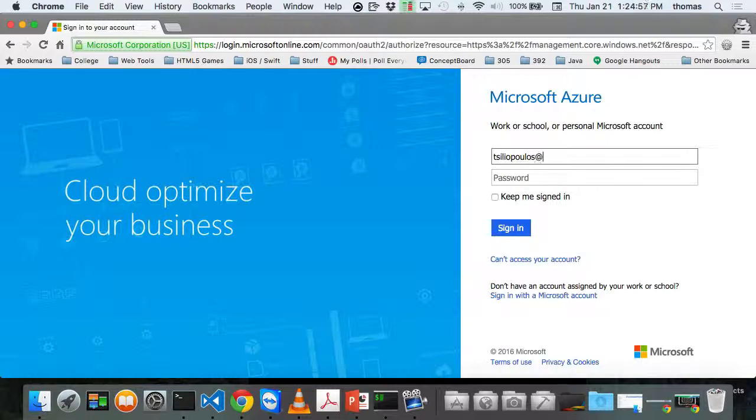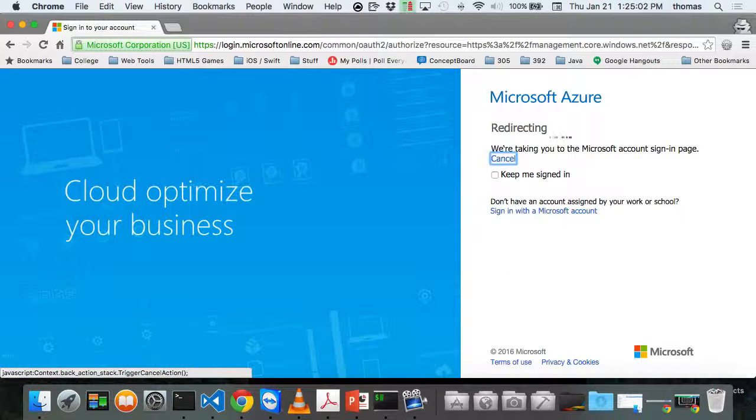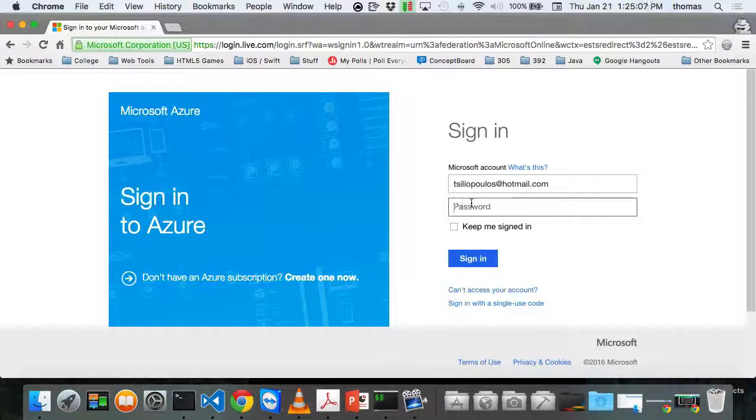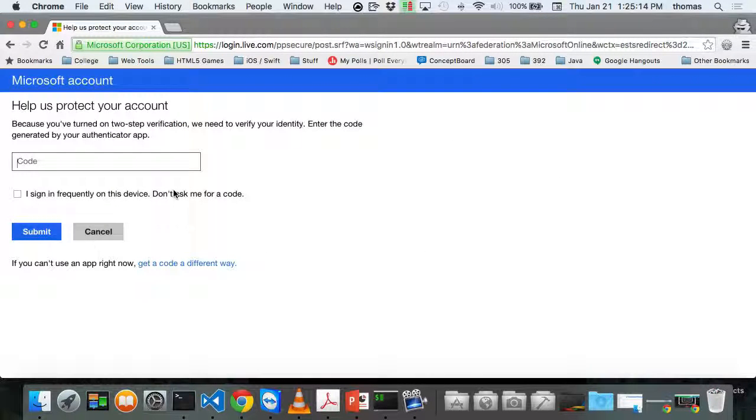Once you get by this, when you log in, I'll log in. There's my Microsoft account. And it's going to ask me to log into my account. So here's my password. For me, I have 2-step verification, right? So if it doesn't know who I am, it's going to ask me who I am. It's another step, but I use my Microsoft account for everything school related, so it's good second step protection that I like to use.